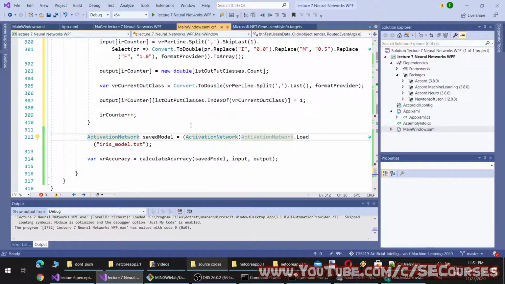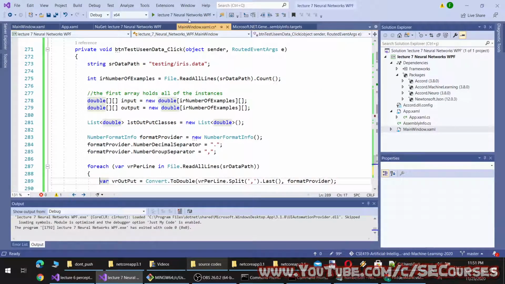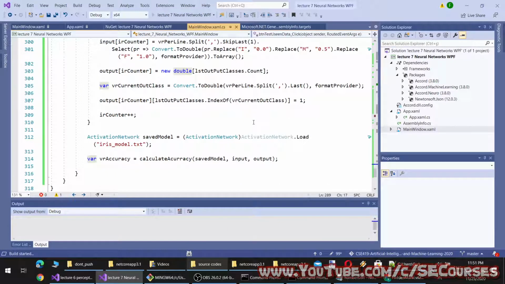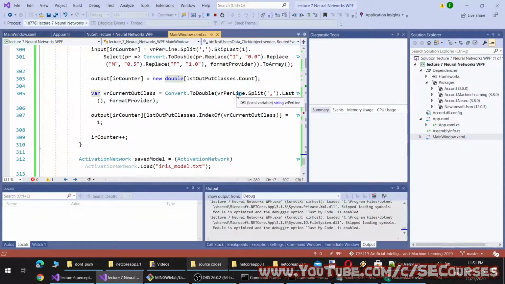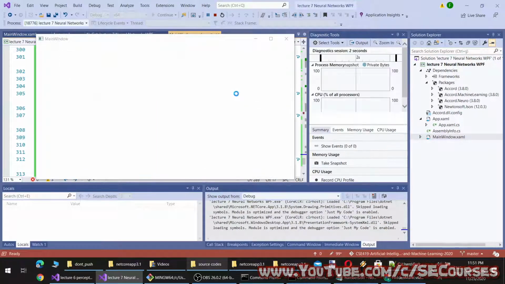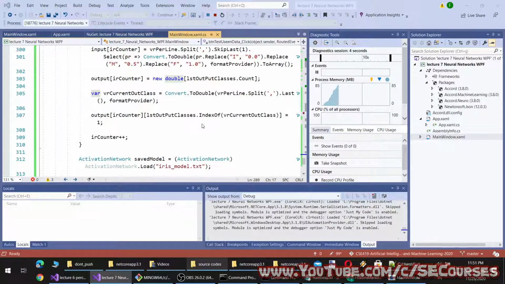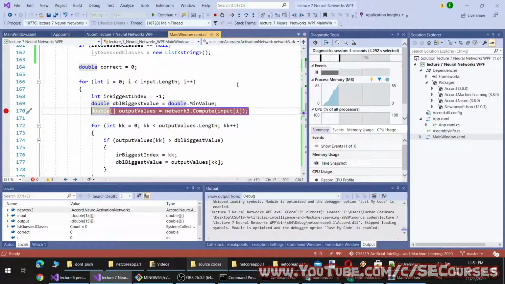Okay, now we should have the correct number of input and output. I have all copy and pasted the code. I should have written that as a method. However, we are trying to code it fast right now. So refactoring of code is something else.